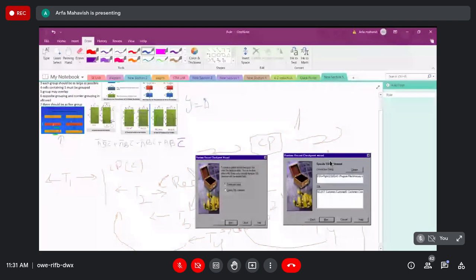A bar, b bar, c bar, and d plus a, a bar, b, c bar, sorry, c, a bar plus ab, c bar, and d bar plus ab,